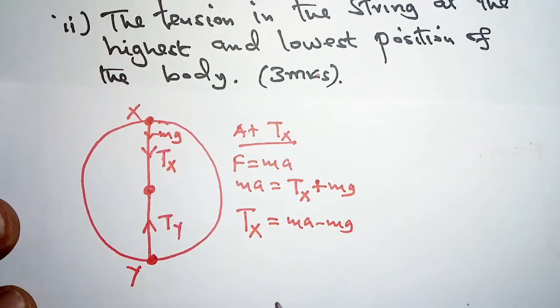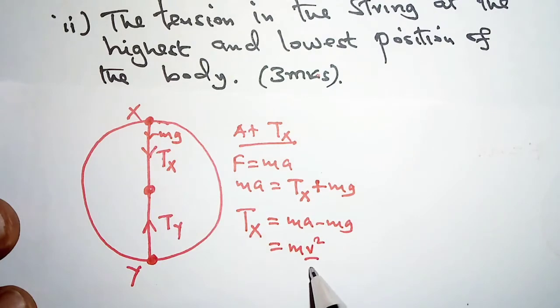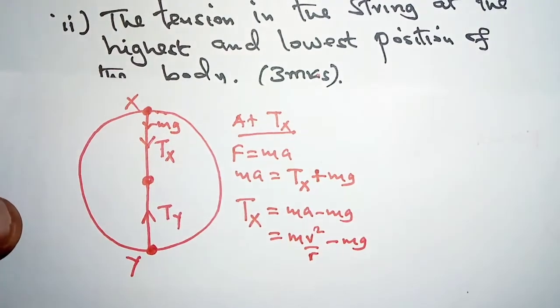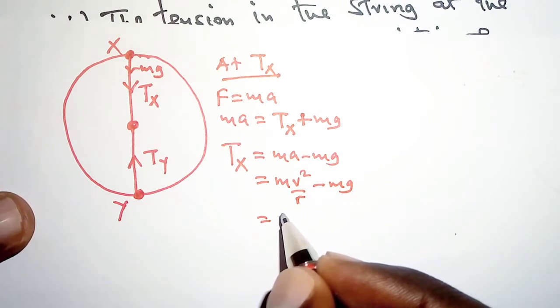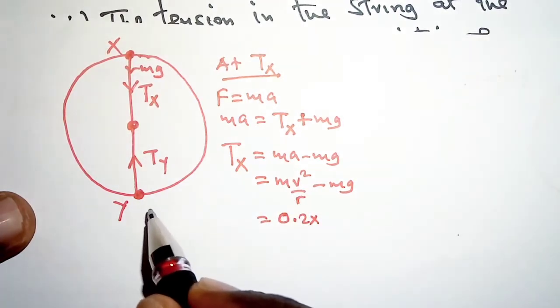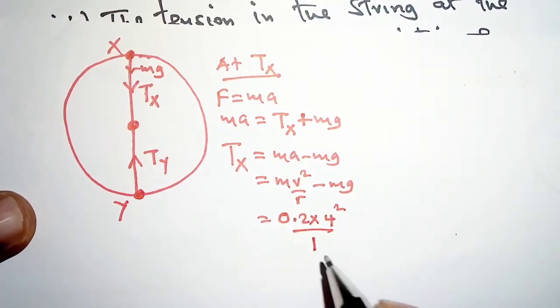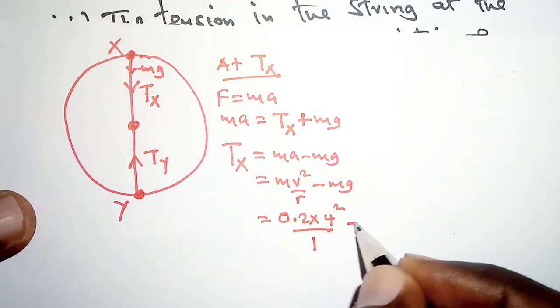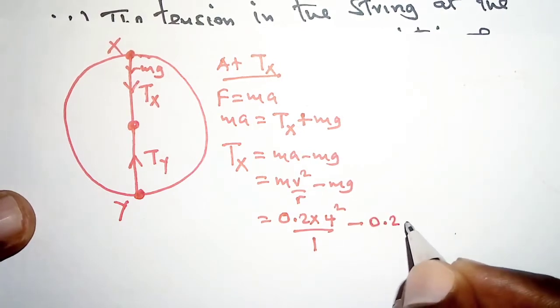Now mg crosses and we have that. The acceleration here is gotten by v squared over r, then we have minus mg. Substituting, m we were told is 200 grams, that is the mass of the object, and 200 grams in kilograms is 0.2, and then we multiply by the velocity. The velocity was 4 meters per second, that is 4 squared, and then we divide by the radius, which is 1 meter, and then we subtract the weight of the object, and the weight is mass, which is 0.2, times